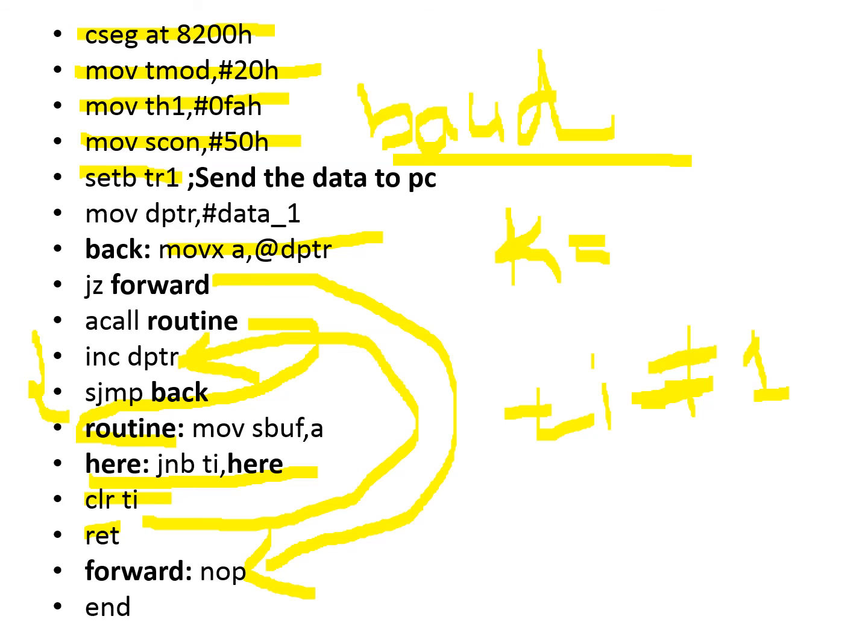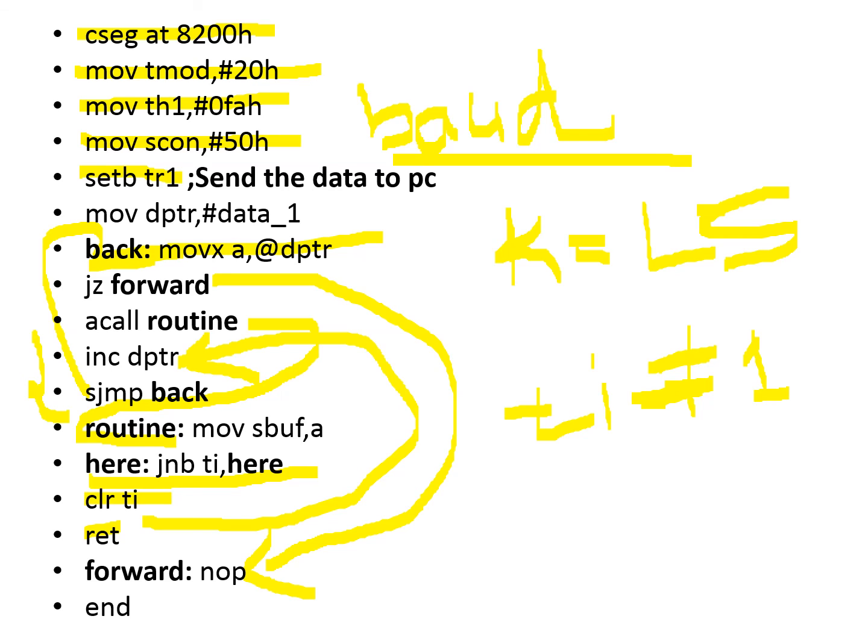Return will get me back to the next line of the subroutine, that is increment DPTR. So DPTR gets incremented and I go to the short jump back. Jump will get me here. That is back. I load the next character. So after K, what is the next character? L. Again for L, the equivalent ASCII has been fetched. And again I check whether that value has been successfully transmitted by TI. Once it is confirmed, I go back. Then I fetch the next character, which is nothing but our S. Like that, I fetch characters one by one, and each character is sent to the display, which is on the monitor.